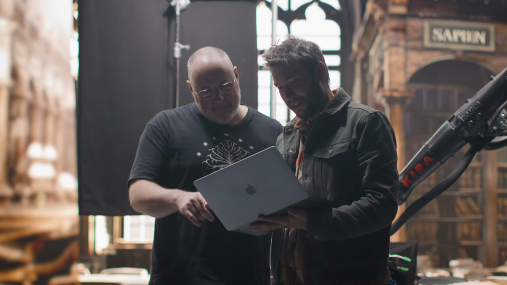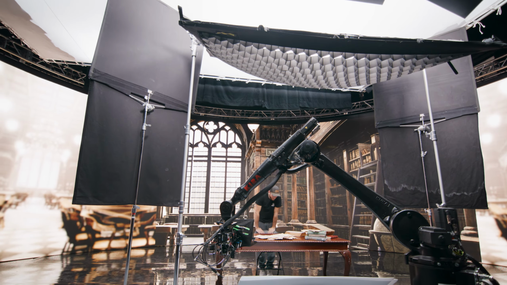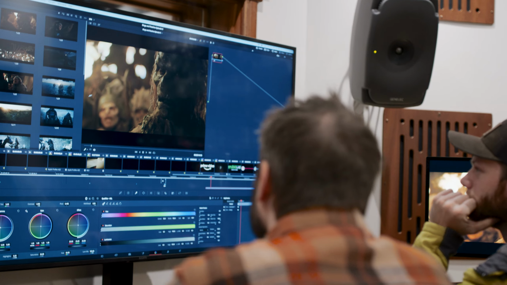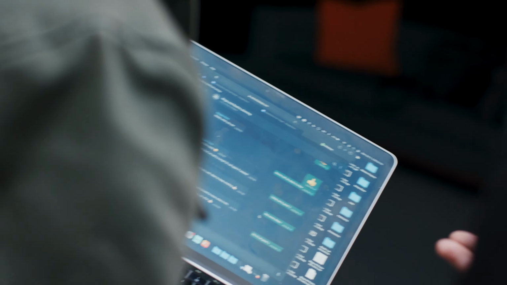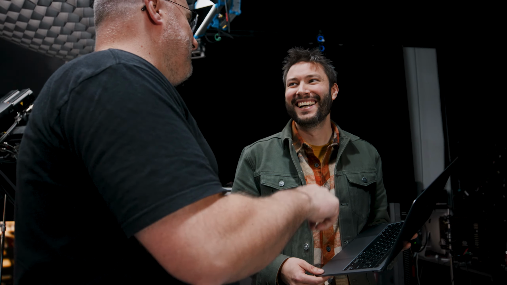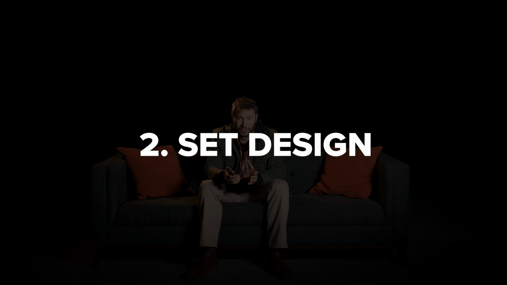This tells me what are the different camera angles that I'm going to need, what are the different pieces of content that are going to go on the wall, where do I need to pull those from. So it's going through each individual element, and the more detail that he's able to give me, the better. And he's usually pretty good with that, which will lead right into the next thing, which is getting content on